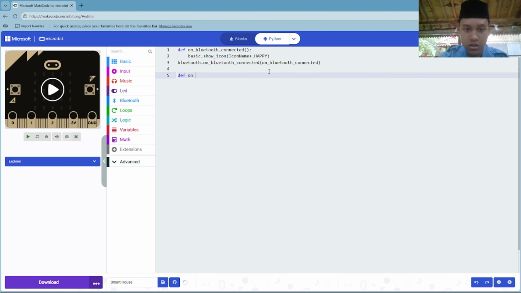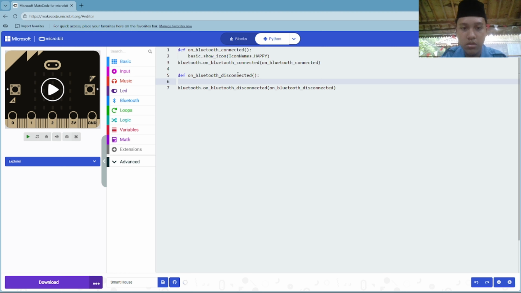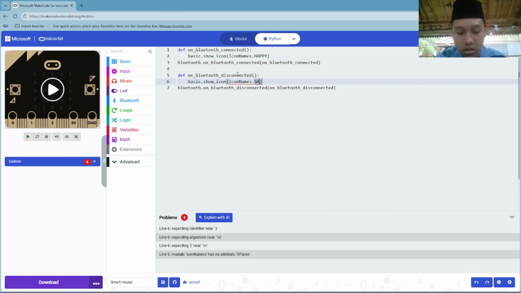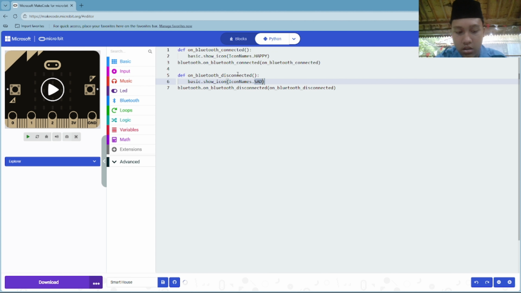On Bluetooth disconnected, we just make basic show icon, and the icon I'll make it sad.